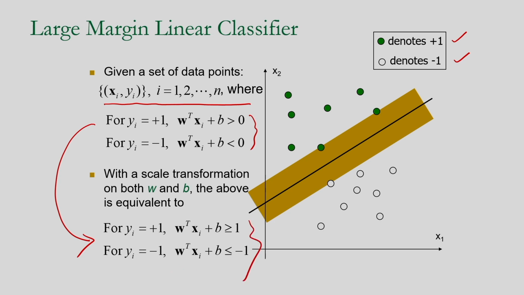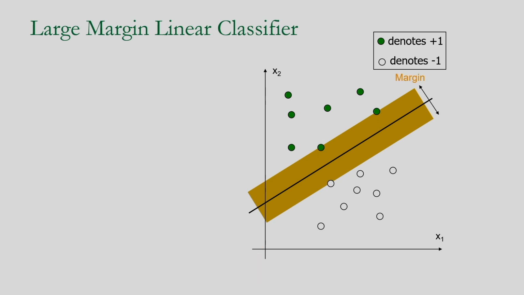So these are the two new conditions I am obtaining after the scale transformation on both w and b. You can see in this figure I am considering the data points. In the next figure, I am considering x plus and x minus. That means the margin is about to touch the data points. On one side it is x plus, on another side it is x minus.